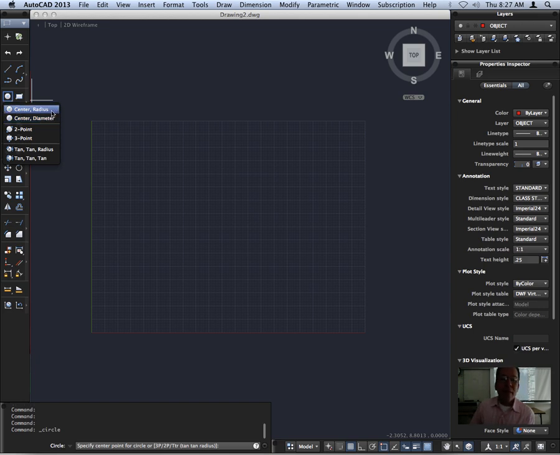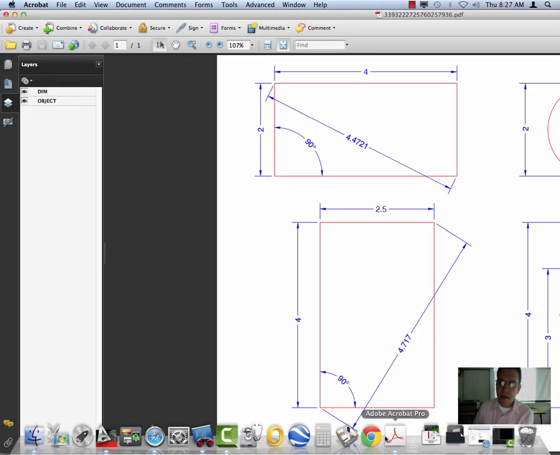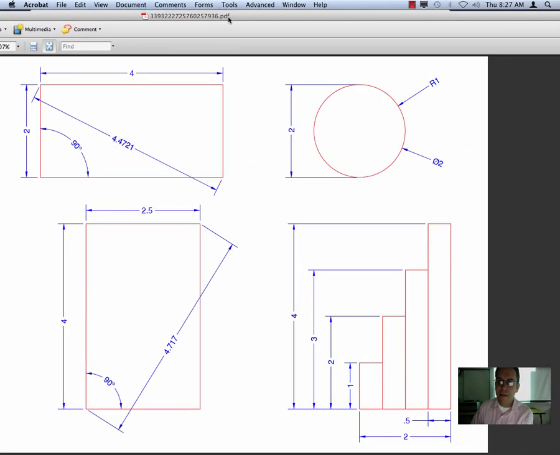Radius is the distance from the center of a circle to the outer perimeter, whereas the diameter is all the way across. So it's not the circumference all the way around, just from one point through the center to the other side. So looking at today's assignment,